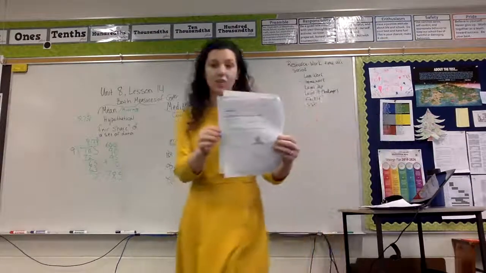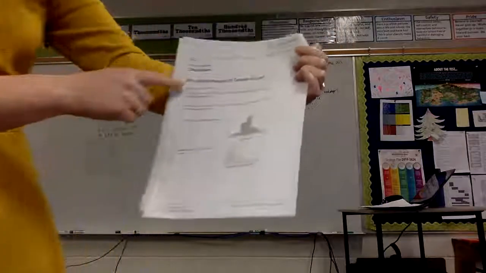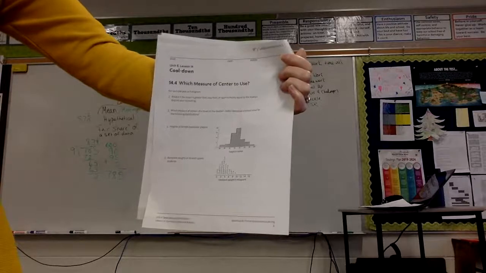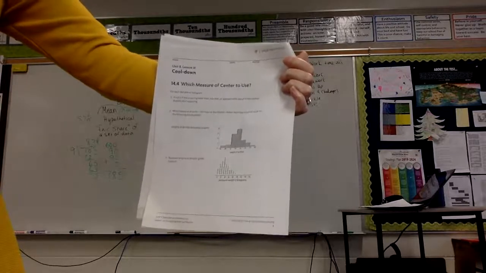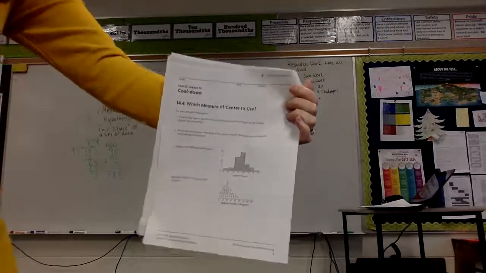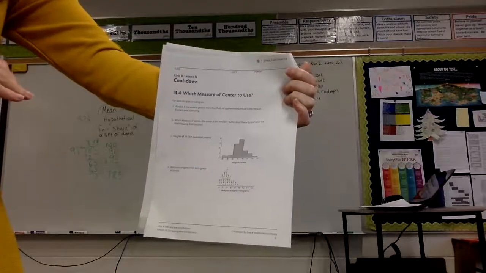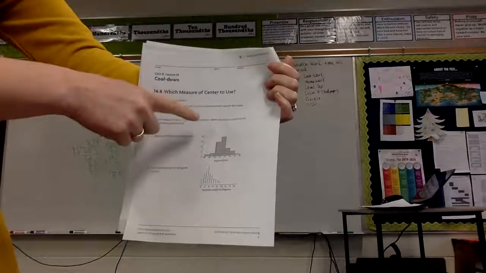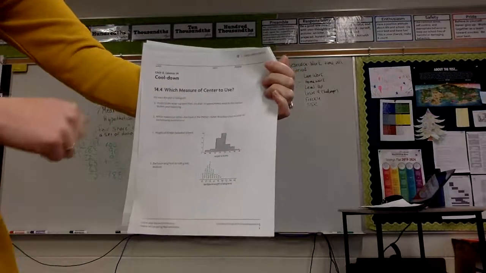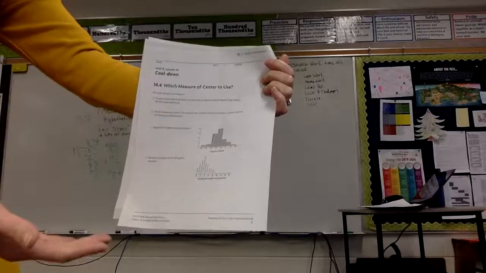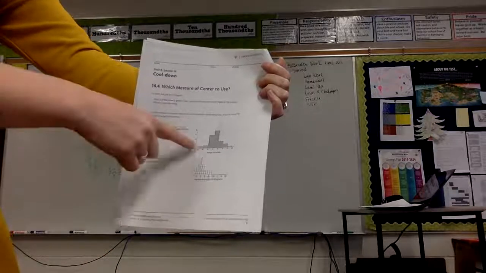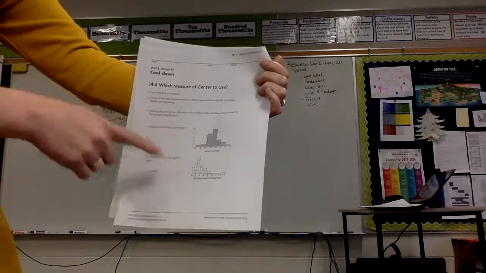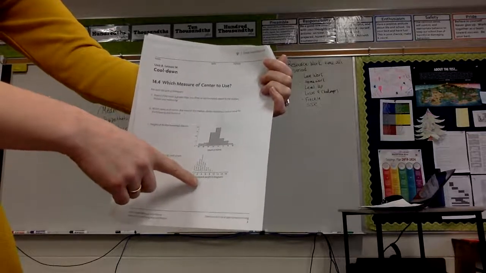On your homework tonight, which looks like this, we are asking you to predict if the mean is greater than, less than, or about the same, approximately equal to the median, and you have to explain your reasoning. That's going to come in there. It is okay if your prediction doesn't match what you find out, okay? And then it says which one, the mean or the median, better describes a typical value for the following distribution. So you're having to pick and then justify. So for this data set, would it be better the mean or the median, and why? For this one, mean or median, and why?